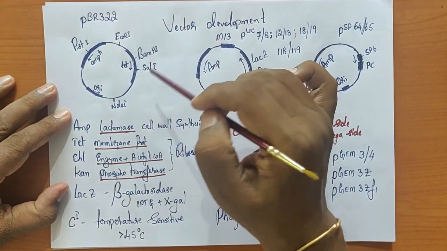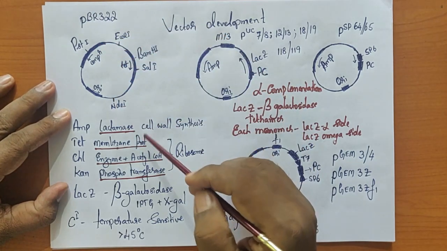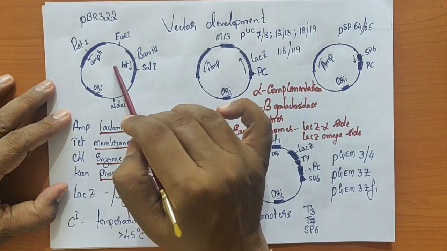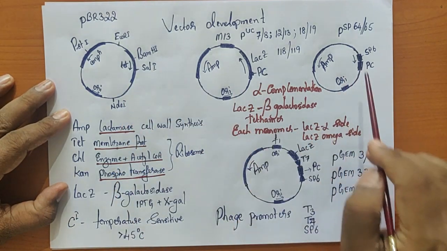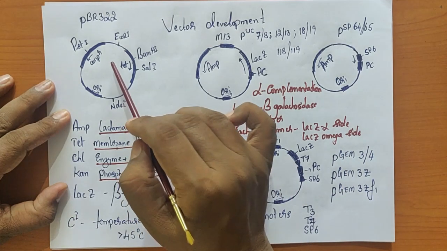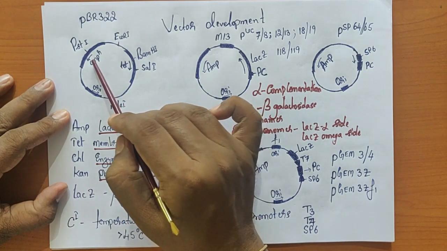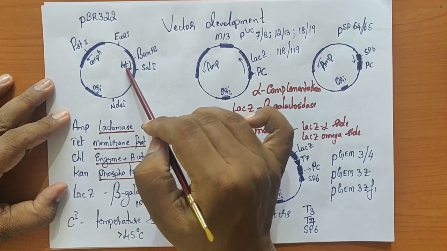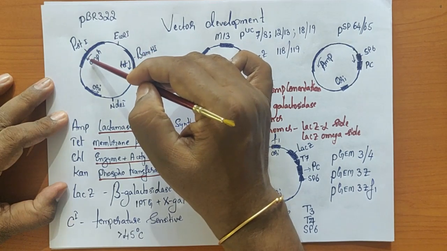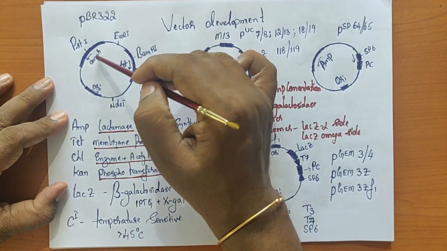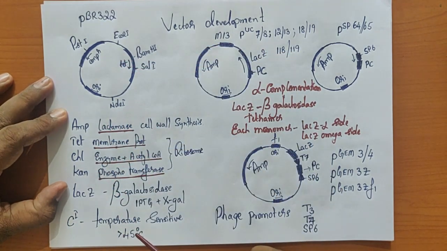The regulatory aspects we have discussed are a little bit different. I will quickly go through how the expression system in pBR322 is different from the developed expression vectors. In pBR322, we have the origin of replication, which is very clear, but we have an ampicillin resistance gene and also a tetracycline resistance gene. Now I will discuss how resistance is offered by these genes, and also the other antibiotic resistance we have used.